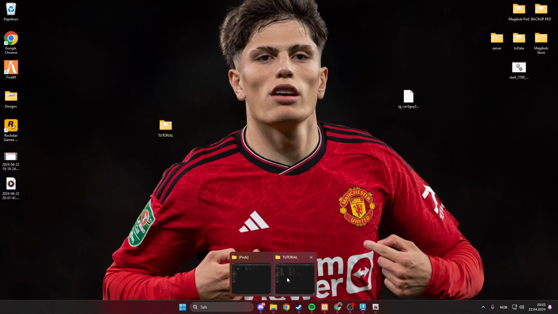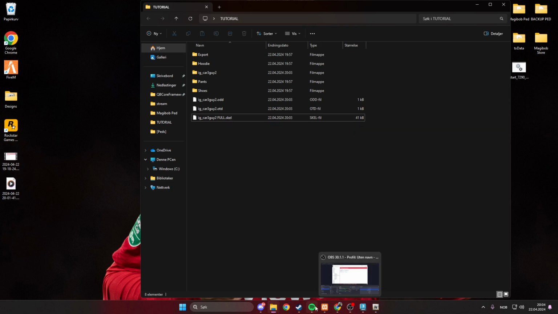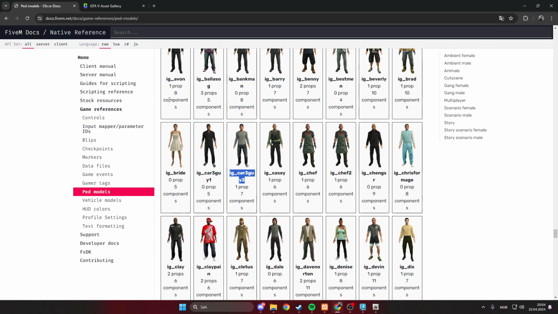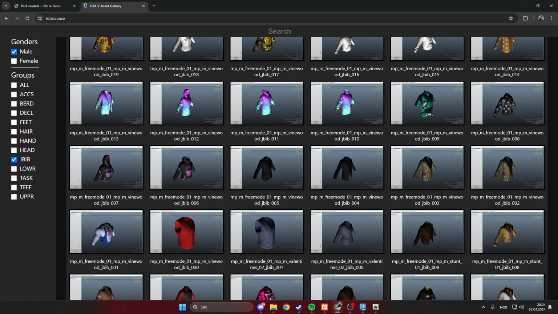You can go to your folder, tutorial. You can rename the scale to space full. It means that if you don't change the name of it, you won't be able to do much on the ped because you will have fake bones. So now when we have done this, we can also go find, I use TOBII space to find